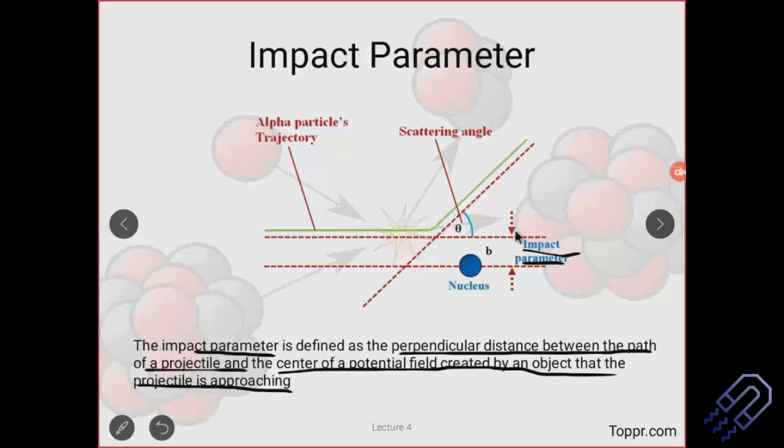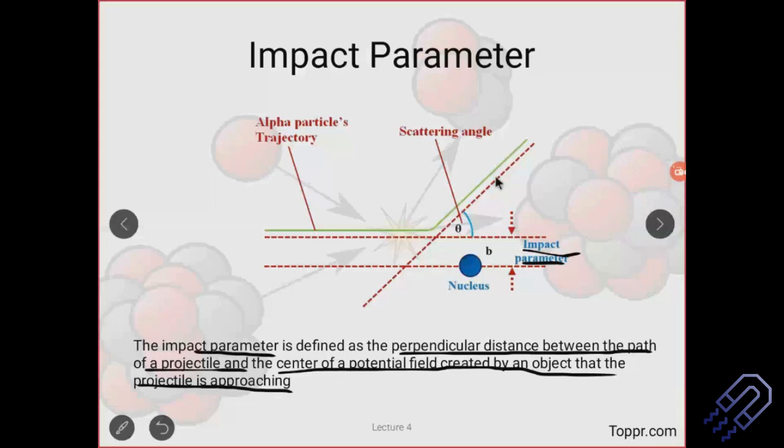The trajectory plays a very important role. In general, if you consider a neutron, the impact parameter is going to be totally different compared to that of an alpha particle. So what does it tell me? It tells me that the impact parameter depends on what kind of particle or material is incident towards the nucleus. That is very important. And of course, it tells me the velocity also. As I've shown you in the animation, if the velocity is very high, the deflection might not be that much. It might be much less.